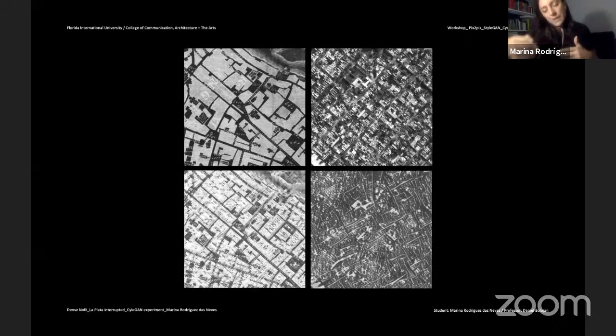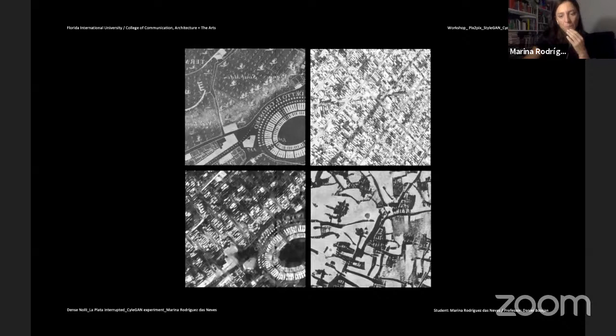The right one is the unexpected outcome, in a way. So the first one was more what I was looking for, what I was imagining, and on the right is something unexpected that I started to pay attention to, because it led me to speculate more, to new kinds of geometries which are not regular. So I started with a regular geometry, and because the Nolli, when I cut the image, has this regular shape, it started to translate this to